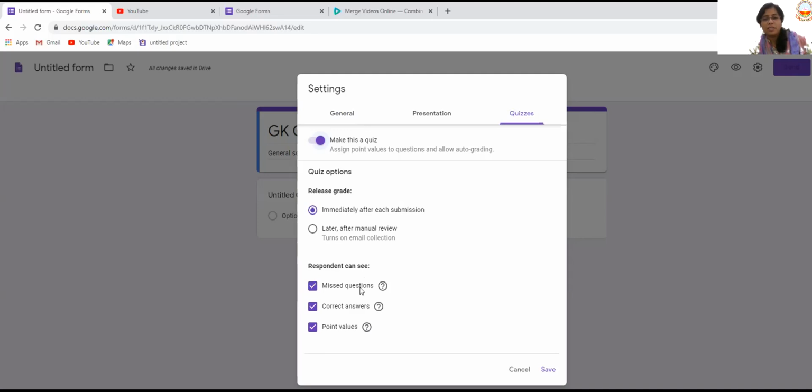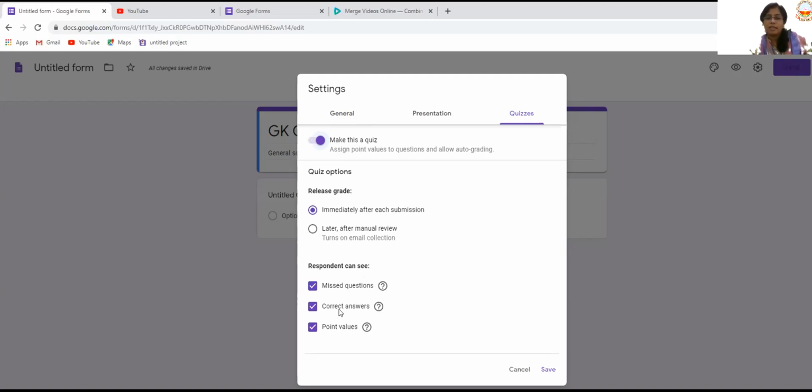Respondent can see missed questions, correct answers, point values. When we are framing a question paper, we will be giving points, like for this answer this many points, that answer that many points. So they also should get to know how many marks they have scored.